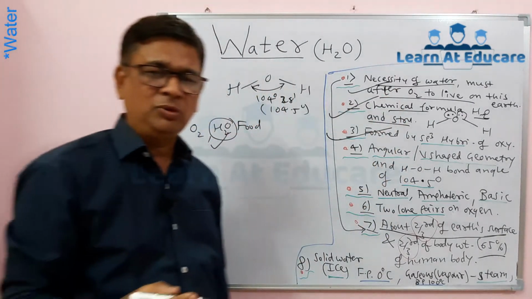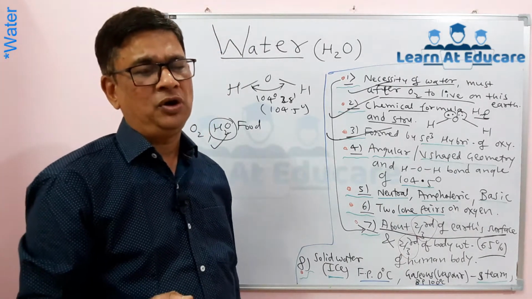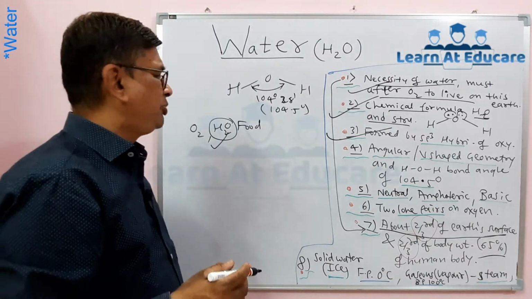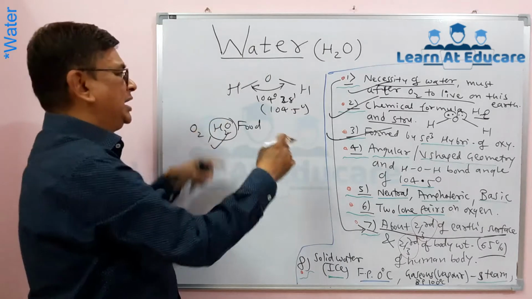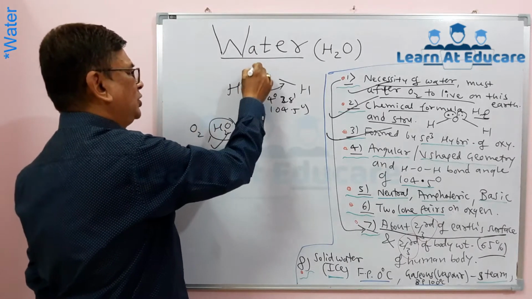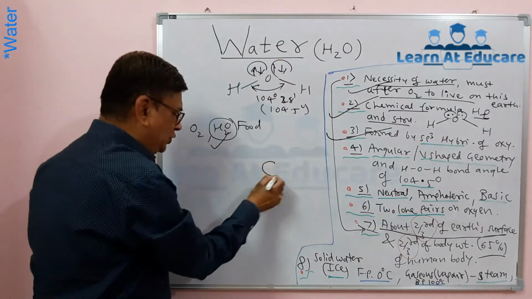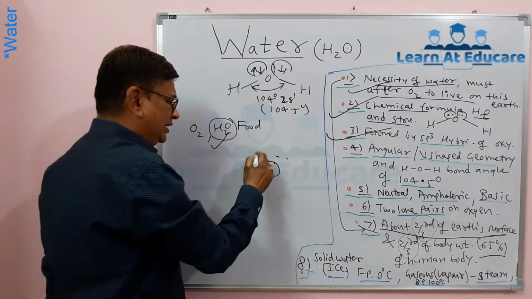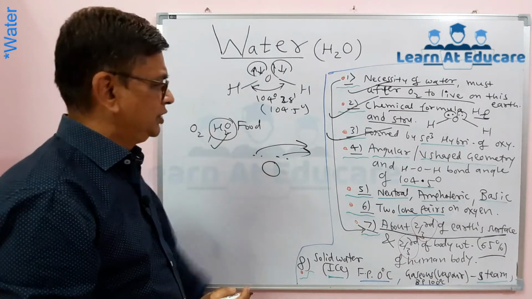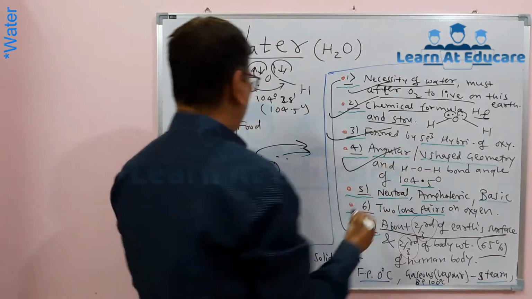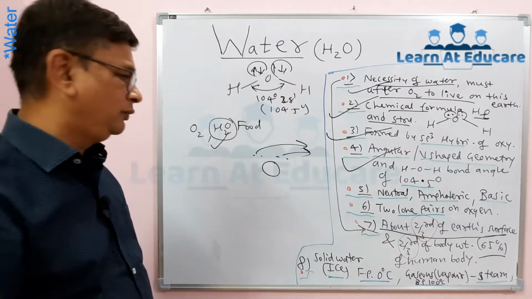Before the two OH bonds are formed in the water molecule, sp3 hybridization of oxygen occurs, and after formation of the water molecule it has such an inverted V-shaped or angular shape, and not only that, but it also has two lone pairs. You can show lone pairs with two dots, and that electron pair can act as a lone pair, can be donated. So the bond angle is 104.5 degrees, and its geometry is angular or inverted V shape.